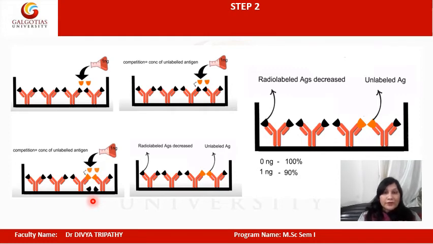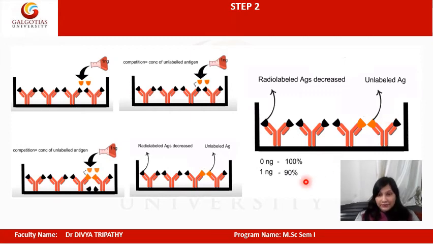This is a very important process in all types of immunoassay techniques. See, now what will we do? We will check the radioactivity of this microtiter plate, right? Suppose at the start, when we had not added any unlabeled antigen, the radioactivity was 100%, but after adding the unlabeled antigen solution of 1 nanogram per milliliter, the radioactivity decreased by 10%. Now the overall radioactivity of this microtiter plate is 90%, right?